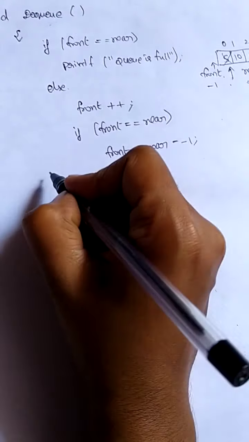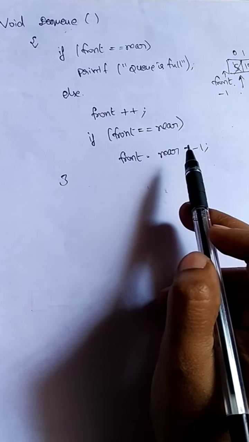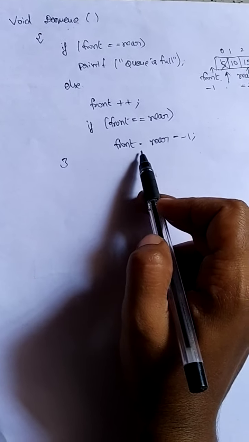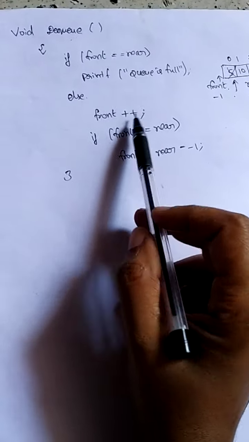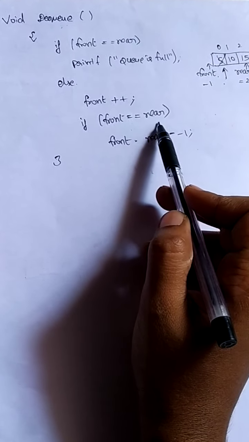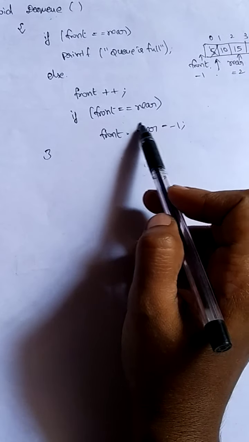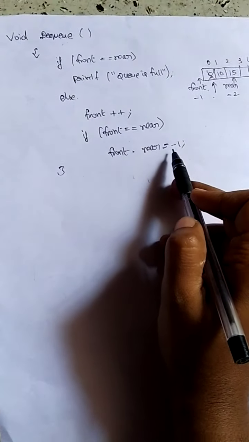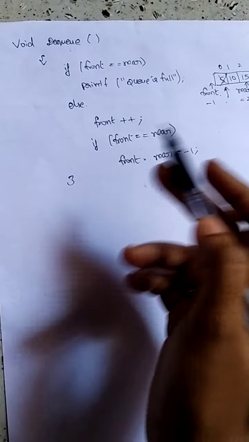Okay, this is for making sure that whenever the queue is empty, we are not inserting the new item in the middle of the queue. We just want to insert the first item. When the queue is empty, we have to insert the item only at the first position. So to ensure that condition, whenever we are deleting any element, we check whether front is equal to rear. If the front is equal to rear, it means the queue is empty, there is no element in the queue. So you make the front and rear pointers point to minus 1 again. Okay, so it comes back to the initial position, that is, front and rear will be minus 1, the queue is empty.